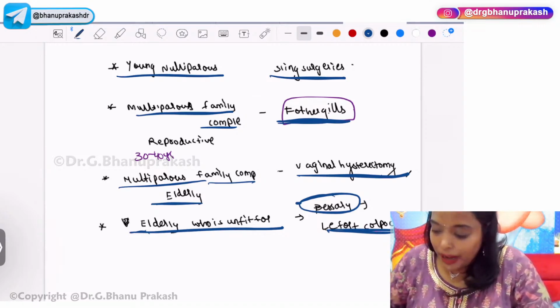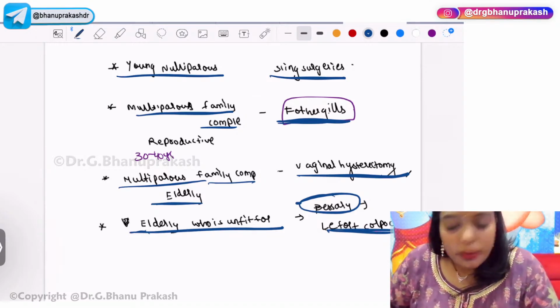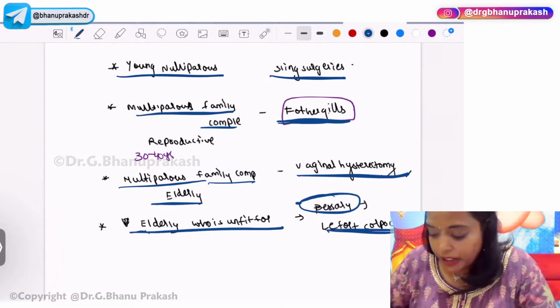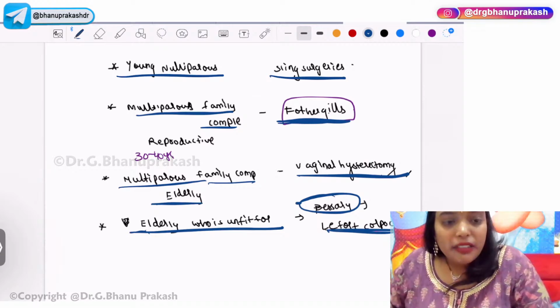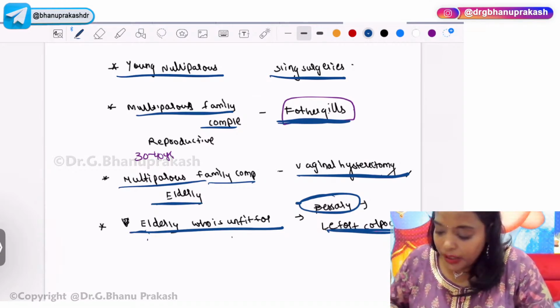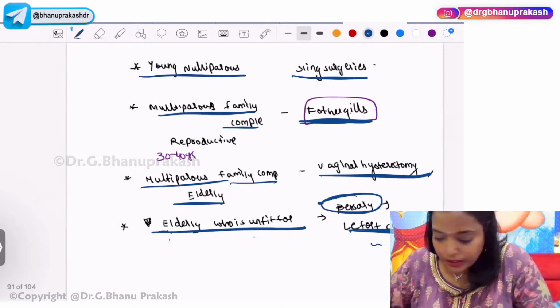So for young nulliparous, we'll go for the sling surgeries. For multiparous and whose family is complete, we'll go for Fothergill's in reproductive age group. If you have multiparous, family complete, and elderly, vaginal hysterectomy. But elderly who's unfit for major surgeries, first you can always try with pessary. If it is also not helping, then we go for Le Fort's colpocleisis. So what